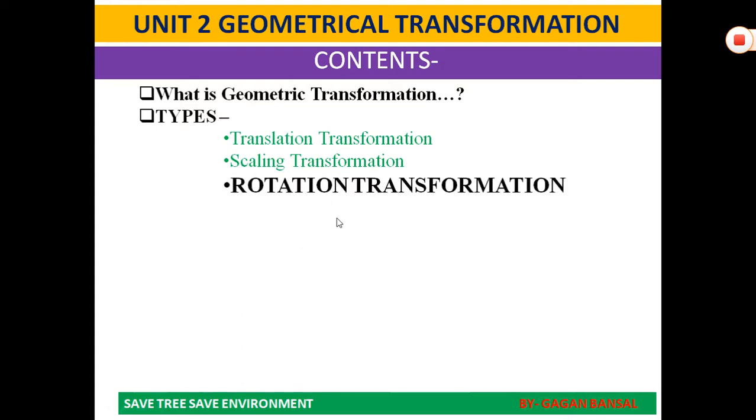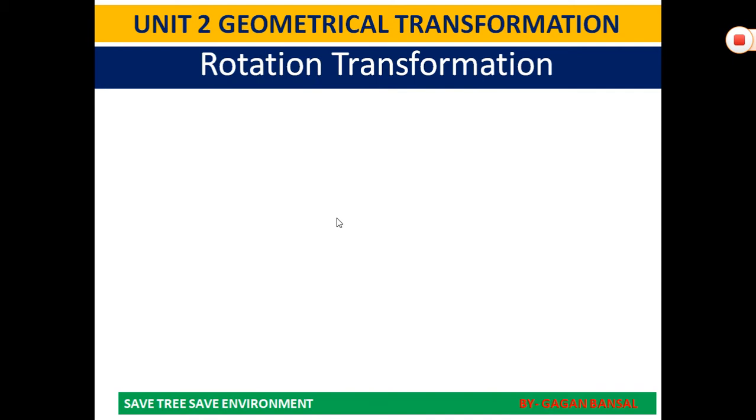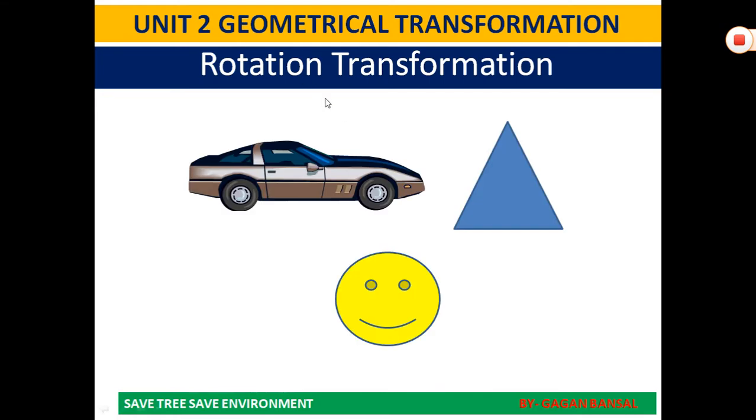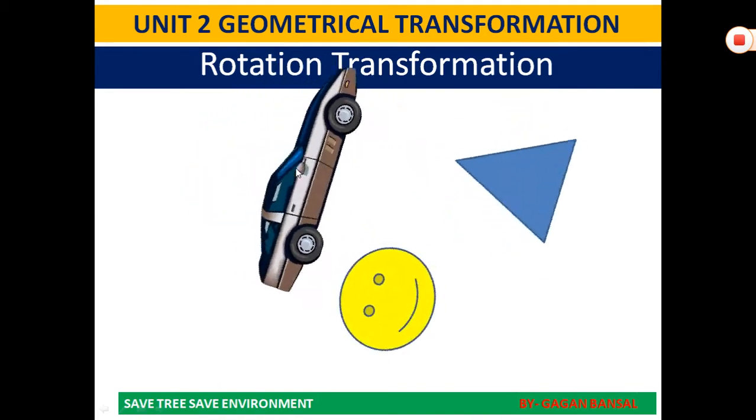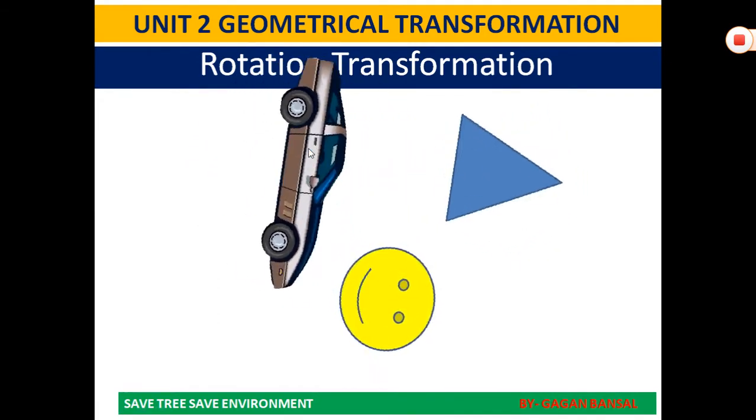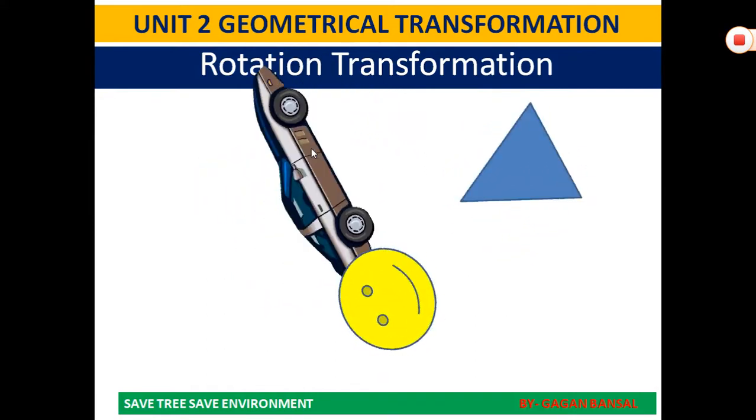So let's start. As in the very first lecture I gave the exposure to what is rotation transformation. Just to recall, by the name it is very clear, whenever we want to give any kind of angular modification and transformation view to our object, we go for rotation transformation. So as you can see in this particular figure, we have both clockwise and anti-clockwise rotation transformation.